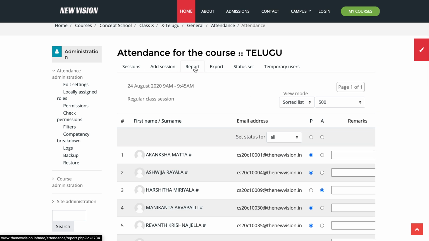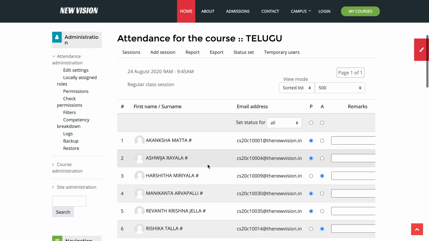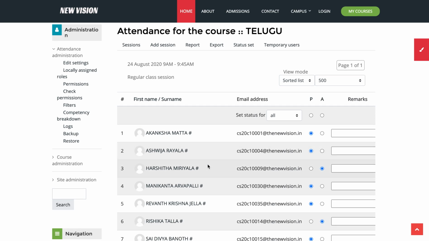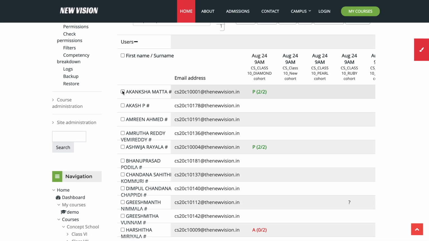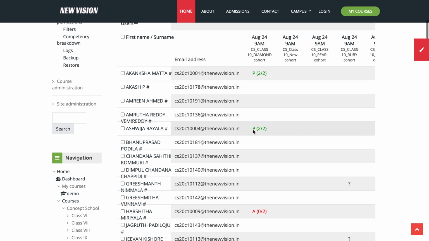You can always export the results or you can check the reports, what is the percentage of attendance for any user. So if you start capturing, a Telugu teacher might take for Telugu and a social teacher might take it for social studies, but the attendance of a single student should be common. And if a principal or a class teacher wants the percentage of attendance of a student, he should be getting it in the reports. He can go to the report section, and in the report section if he wants it for any particular user, he can check it.